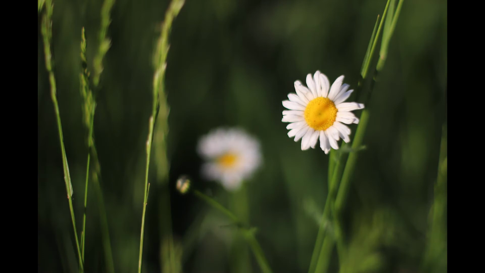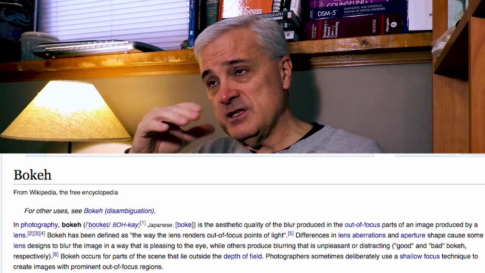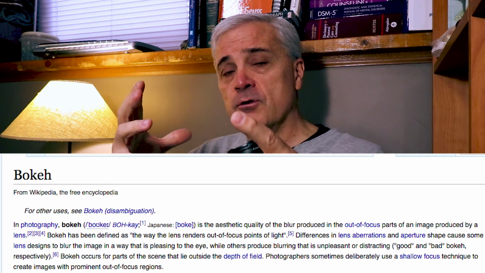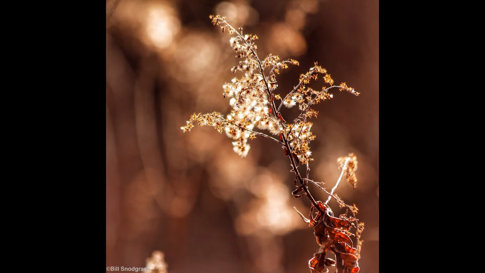F-stop is how open the lens is. This is a great feature for creating that blurry background. Here's an example picture off my Instagram. Here's an example picture of that blurry background. Some people will call this bokeh, and some people will pronounce it differently. And I say bokeh because that's what I think I first heard it called. It is that the sharp image is in the foreground and the background is blurred out, and even the lights will take on sort of a blurry effect.